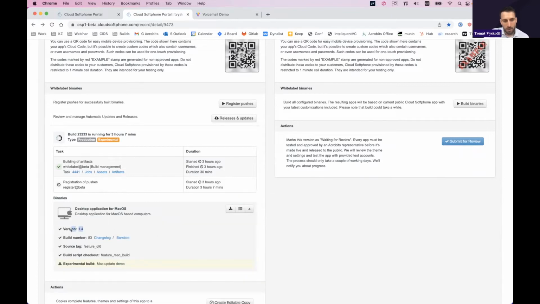So in the desktop app I showed you, we are on version 1.3. And now that we've updated our application release process, we can go ahead and release this new update